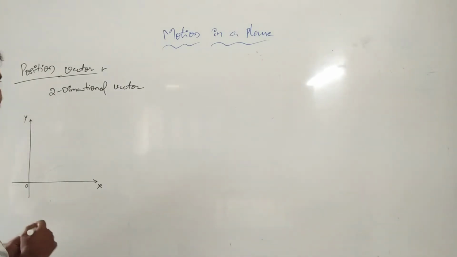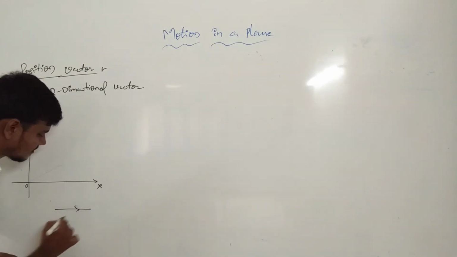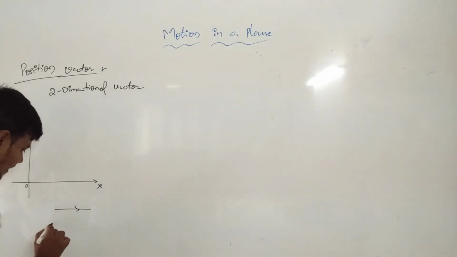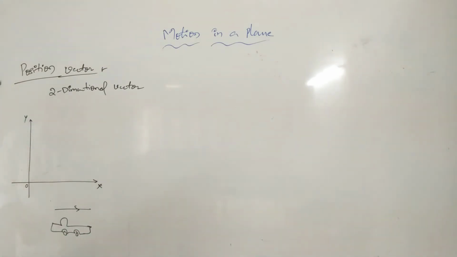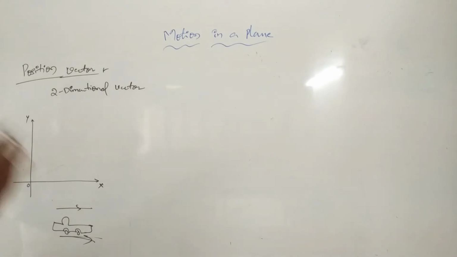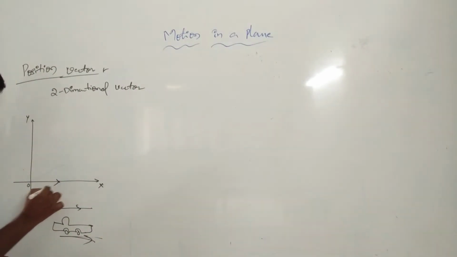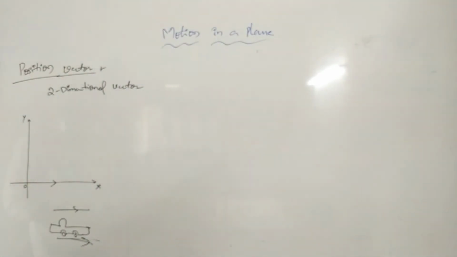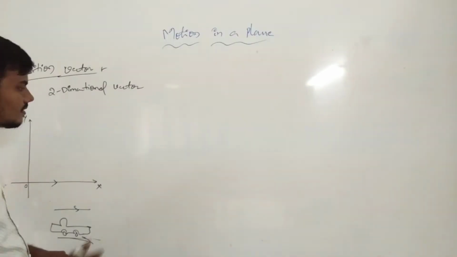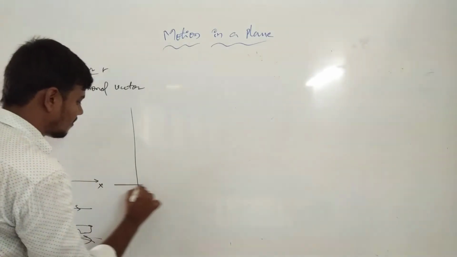When a car travels in the horizontal direction along the x-axis, the direction is only horizontal. So this is the representation, and this is the position. Here we can observe that this position is applicable, and this is constant. Again we choose a second position. Now the same graph is applicable.